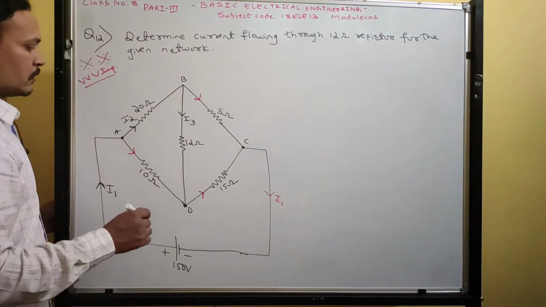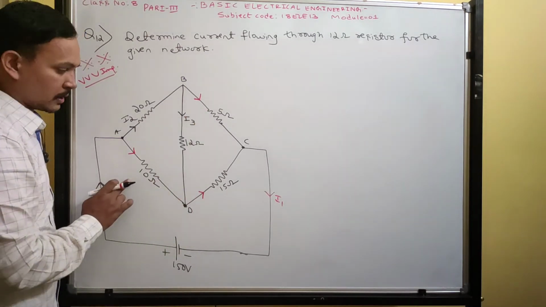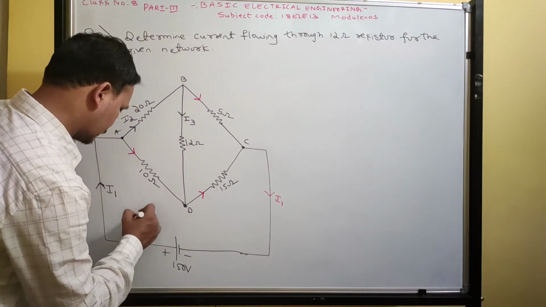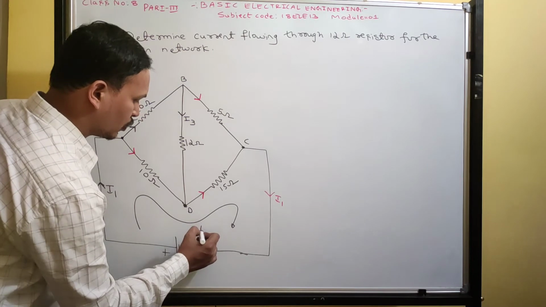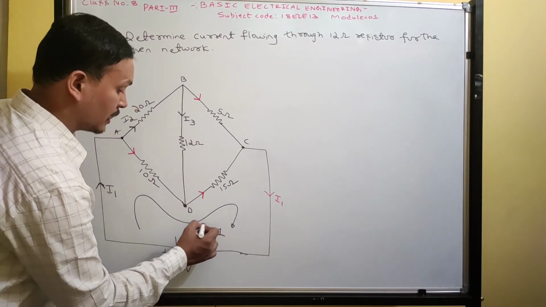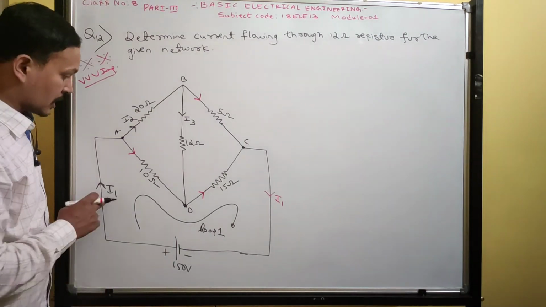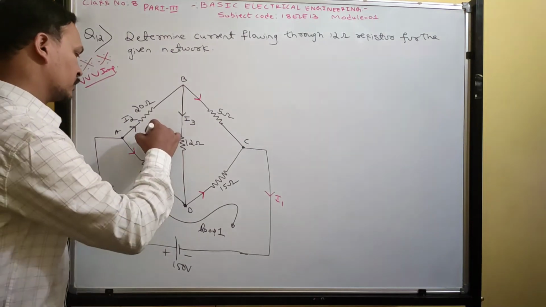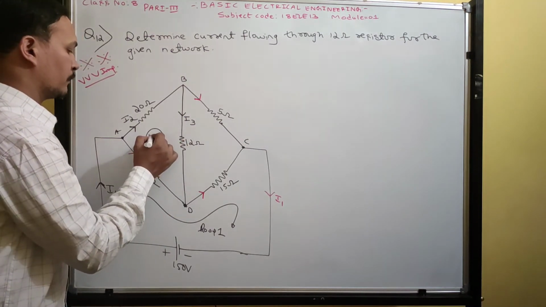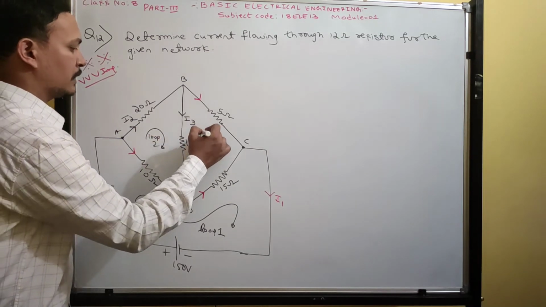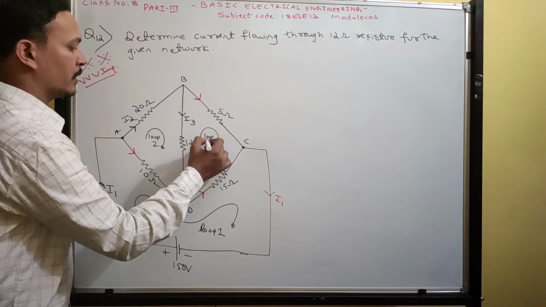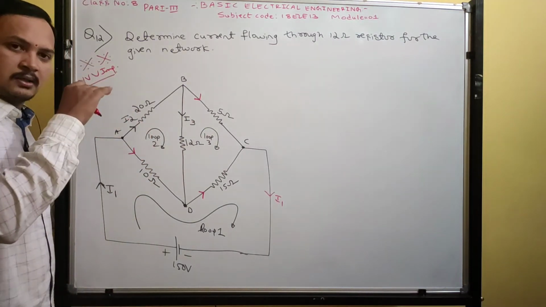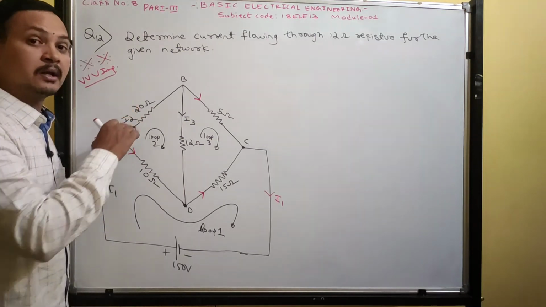Now I need to find the current in the remaining resistors. However, to apply KVL, we need loop directions. Now this is the loop direction for I1, loop 1. In our case, the variables are I1, I2 and I3, as they have given. But you can take the loop direction for all the loops clockwise. So this is another loop direction, loop number 2. And this is another loop direction, loop number 3. See now, whenever they give a current, only that current flows in that particular resistor.